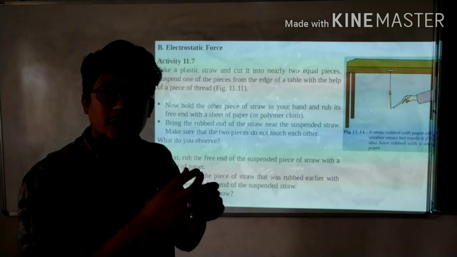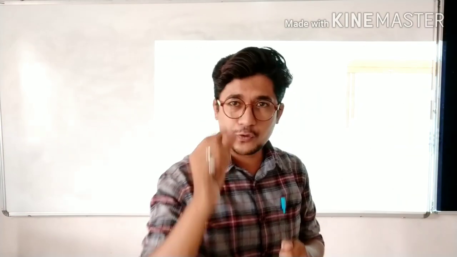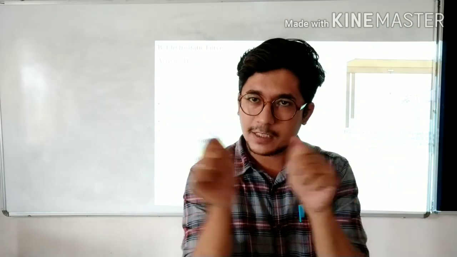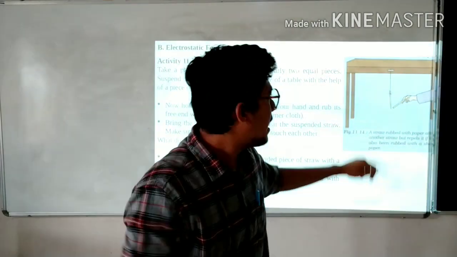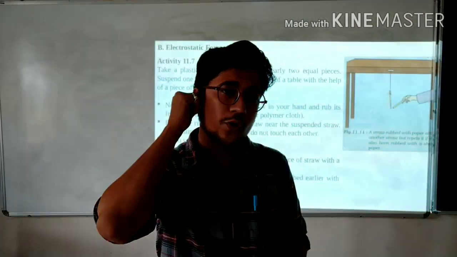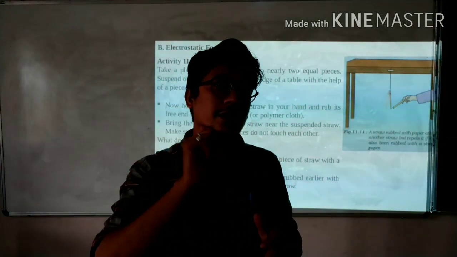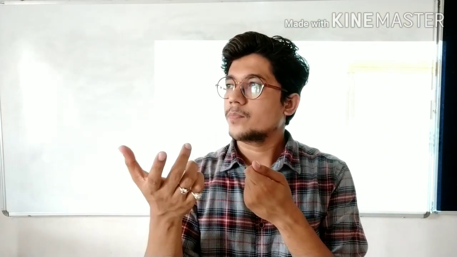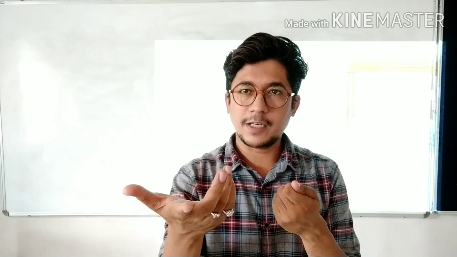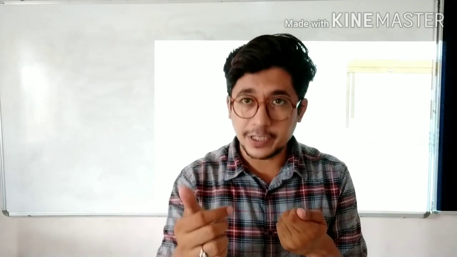have tied a straw which has been used for cold drinks. That straw is being tied up with a rassi. Yes or no? Okay. So now what they are doing, they are taking another straw and they have rubbed another straw which is in a hand with the help of a resham ka kapda. You know resham ka kapda, which is very smooth. We can also say as a polyester.